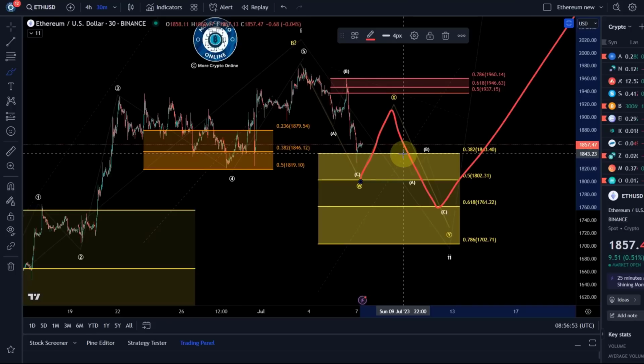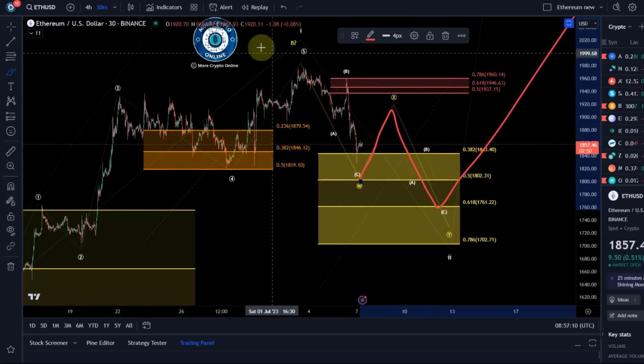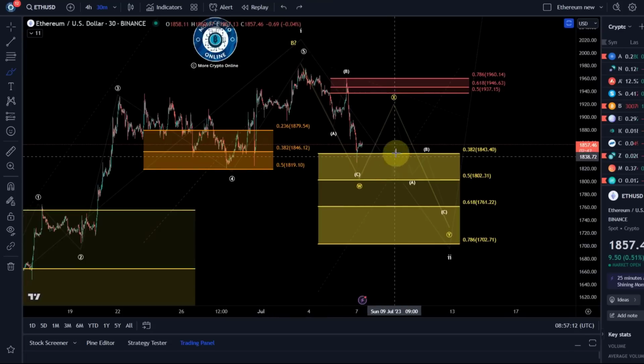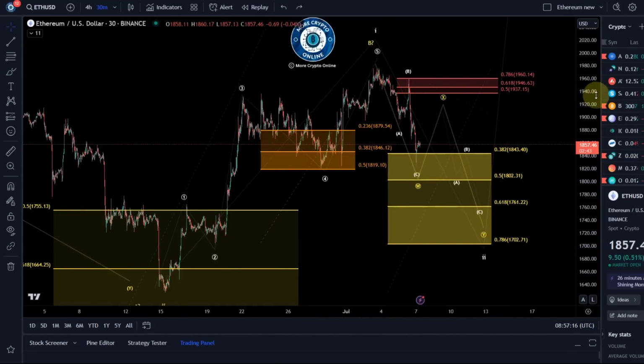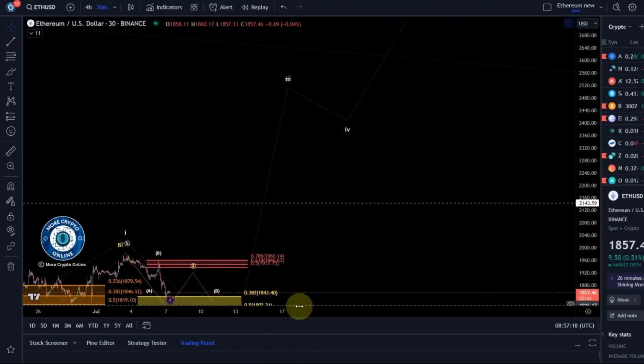And it would take a break above 1960 to convince me that we're already in a third wave rally at the moment. From what we can see now, the wave 2 is a little too shallow at this stage, and I need to see a 5-wave move above 1960, which is the B wave high, to have a really good understanding and confidence in the idea that we have already bottomed in wave 2. But the overall idea is we are bullish here on the chart, okay? We are bullish on the chart.